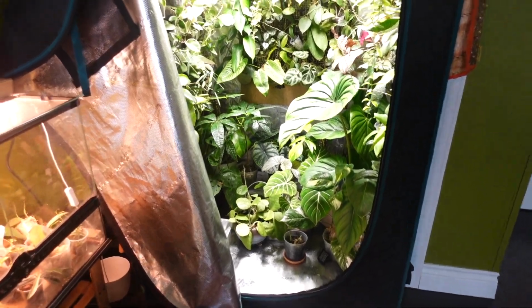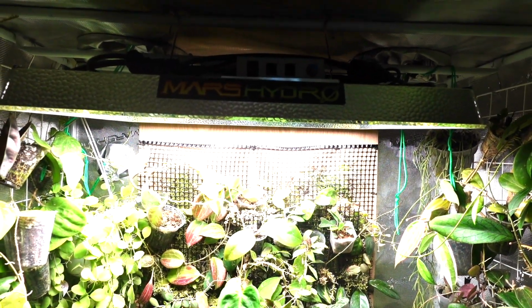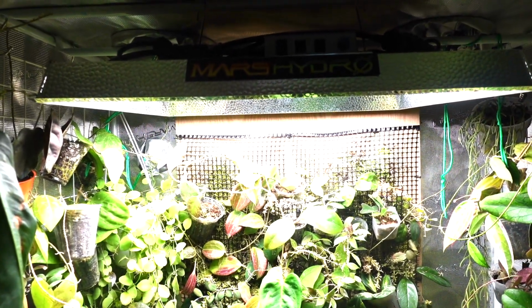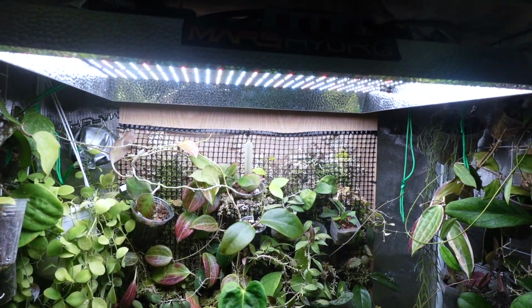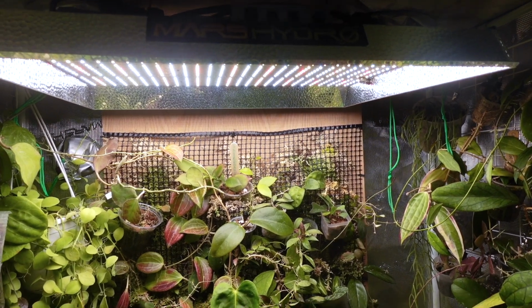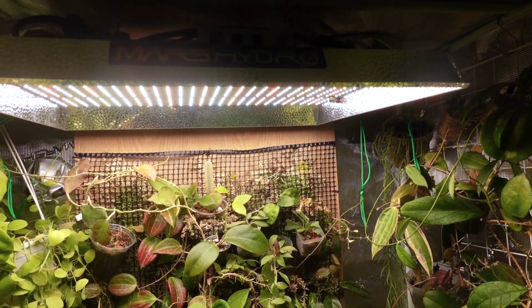Okay, so I think that's the nine plants that I have pulled here to show you guys. And then the last plant I want to show you guys is in the grow tent. It's so beautiful. I'm gonna walk into the grow tent. So this is my Mars Hydro grow tent where I keep most of my Hoyas. The temperature in the grow tent right now is between 25 and 30 degrees Celsius, and I find that this temperature setting, Hoyas really, really love it. And also the humidity always stays above 80%. So I keep most of my Hoyas here, and then some philodendrons and some anthuriums, especially when I'm